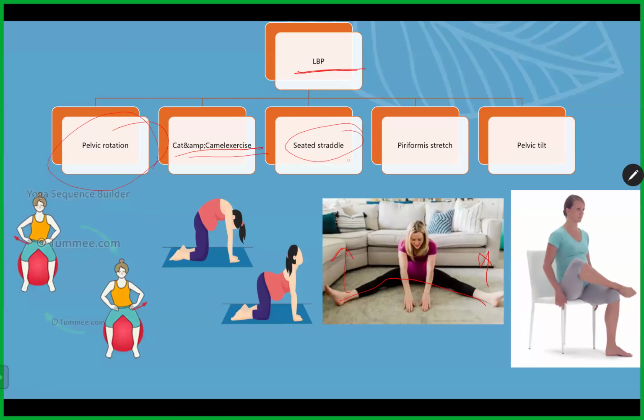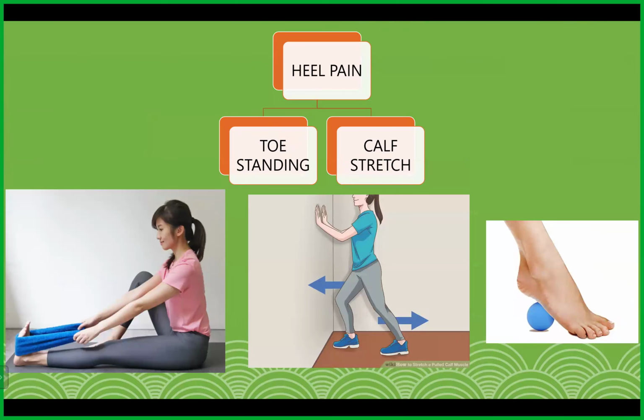That is seated straddle. Piriformis stretch: you can do it sitting in the figure of 4 and press this knee down, or else in this position you can also stretch your hamstrings. In this, you can just ask them to touch the toe. They will not be able to touch the toe again, because the abdomen will be compressed. So the assisted one is there, right? We put a towel around the toes and ask them to pull it. That can be done. And as we discussed, pelvic tilting and rotations. So that's about the lower back pain exercises. Along with this, you can do your pelvic bridges, cat and camel, wall bird exercise, all that can be done.